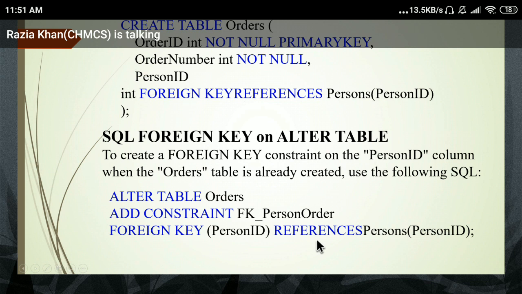Then references, then the table name which you want to link to this table, so the person, and in brackets write down the primary key column name of this particular table. Clear, everyone? This is the person ID of your order table, and this is the person ID of your person table. Is it clear?